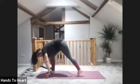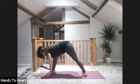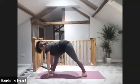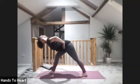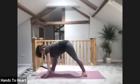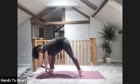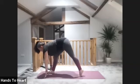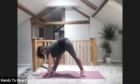Step the left foot up just a little bit, just to shorten the stance. Inhale, take up space. If your hands don't come to the floor, you can hold on to your hips. This does test your balance a little bit more though, so just notice. So from here, lifting through the heel of that back foot and the toes of the front, and then exhale,